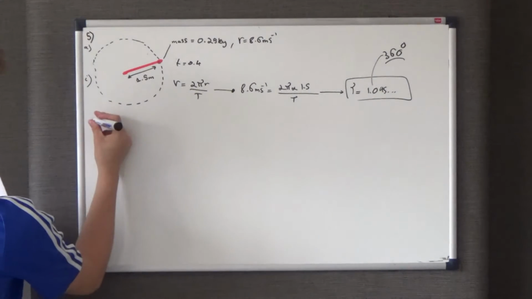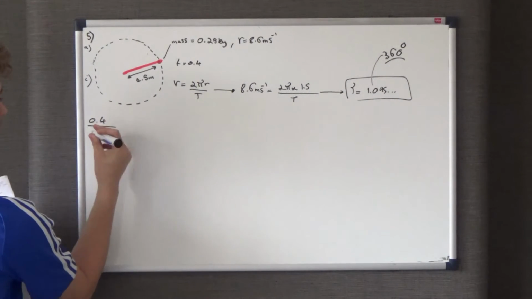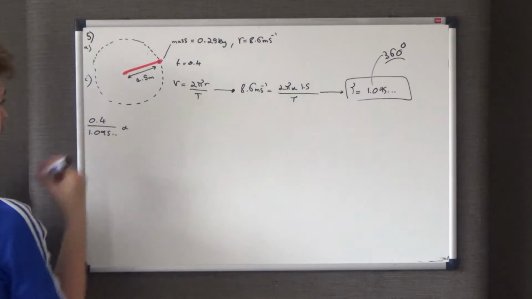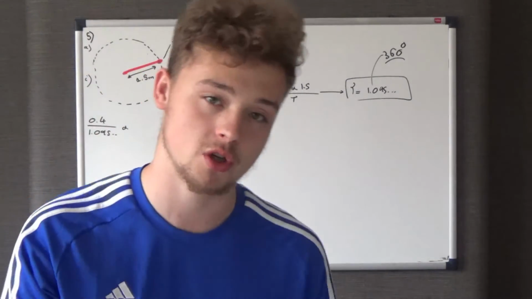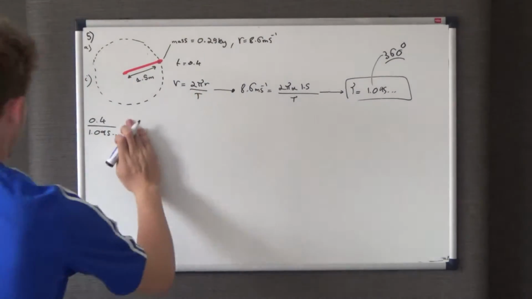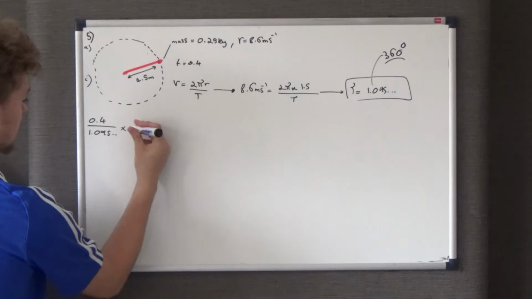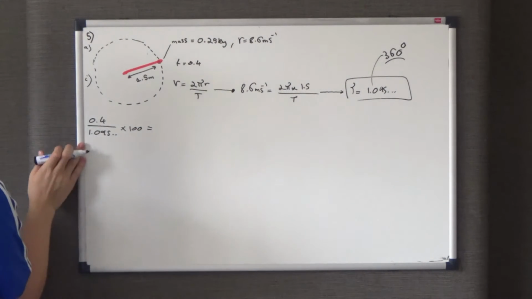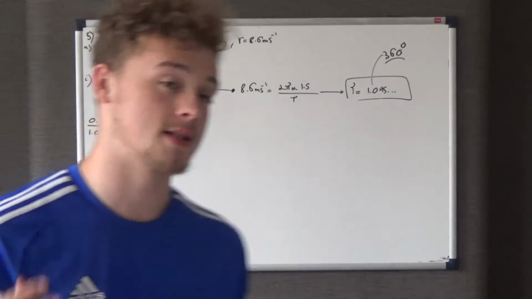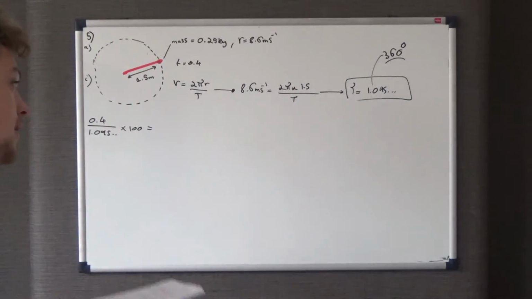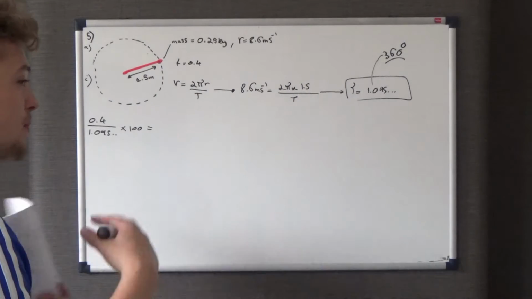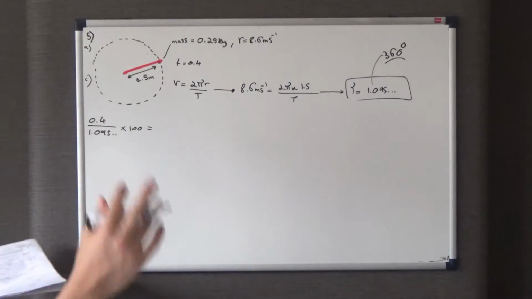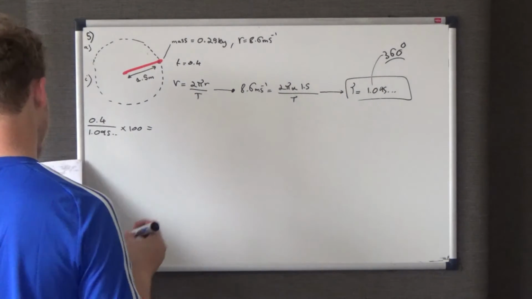So in other words, we have to do 0.4 over the time period, which we got to be 1.095. You don't have to times it by 100, but I just like to, because I'm lazy. I think it looks better if you times it by 100, because you know what percentage. But you're going to have to use a decimal answer of 0.4 over 1.095 to times by 360 to get the answer. But just to show you what percentage it is, normally with percentages you show it as times by 100, so that's why I've done that. And when you do that, you get it to be